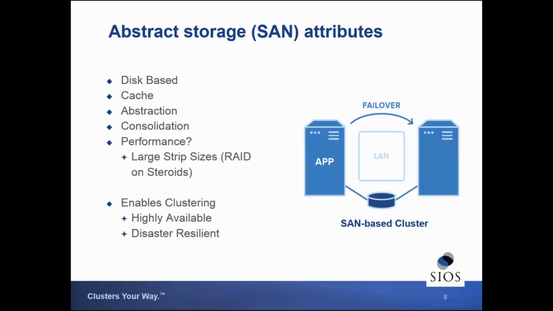IO. Now, from a SQL and high availability perspective, the big thing we like about a SAN is it unlocks clustering. We can finally have a disk that is shared, or at least connected to multiple systems, and use that as our redundant and highly available repository, even though it is somewhat of a single point of failure in itself. But we can unlock clustering, and now we get away from the host failures and can rapidly and automatically use Windows Server failover clustering and SQL clustering to make sure we have a highly available and disaster resilient system.